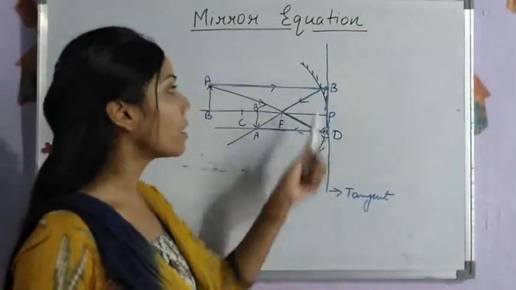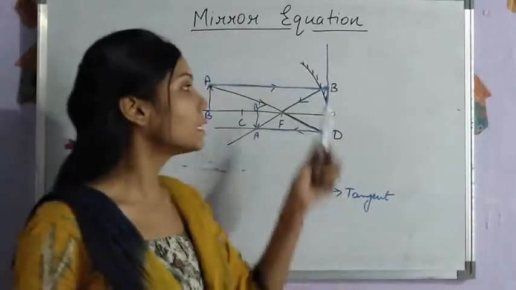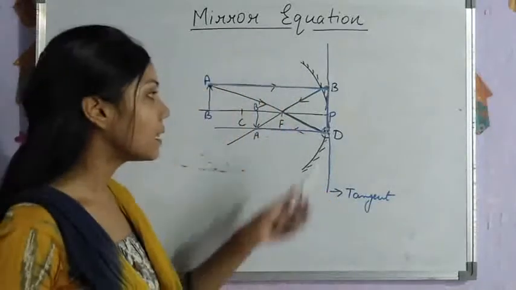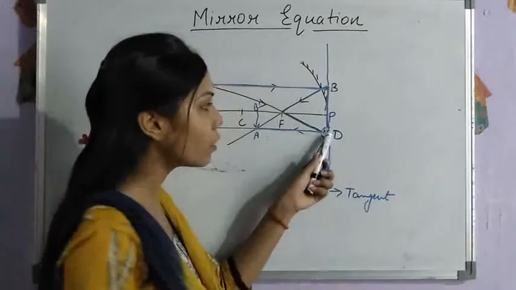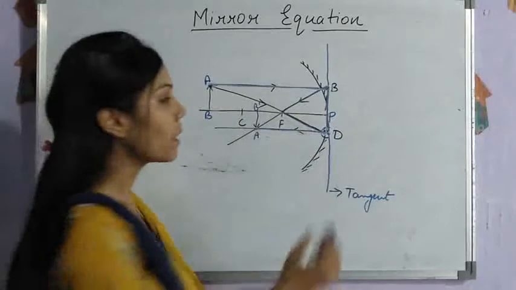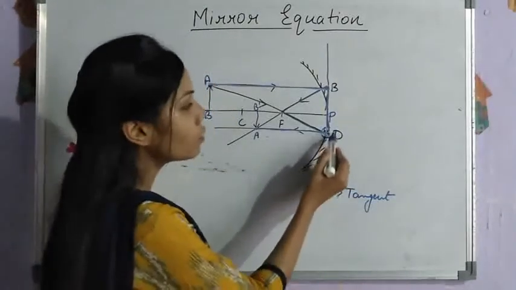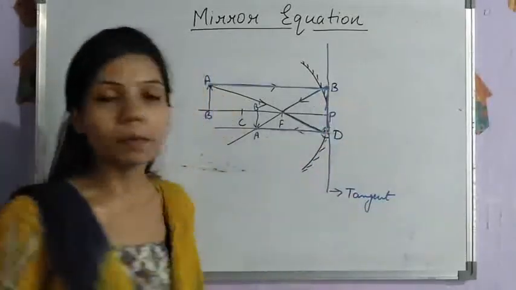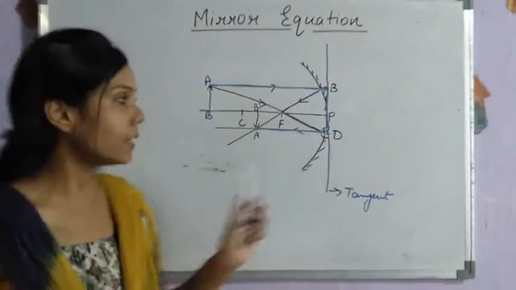They are actually on the tangents at point D. Okay. So because of this smaller aperture of this mirror that we have taken, these 2 points are very close to each other. So we will assume that due to smaller aperture, the point on this curve portion and this point on this curve portion, and the point on this tangent and this point on the tangent, these 2 points will be considered as 1 point on the tangent. These 2 points will also be considered as 1 point on the tangents and not on the mirror, right?